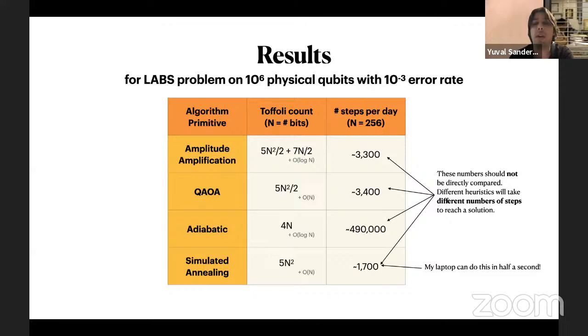And so you can see that the numbers are, well, they're numbers. And I stress again that you can't really compare these different numbers because you don't know whether a step of one algorithm is going to correspond in any meaningful way to a step of another algorithm. But maybe the best way to contextualize these numbers is to point out that the number for simulated annealing, this 1700 number, if I program my laptop with a fairly throwaway piece of Python code to do simulated annealing with Metropolis Hastings, I can do that many steps in half a second. So these are not encouraging numbers for optimization, is essentially the point there.